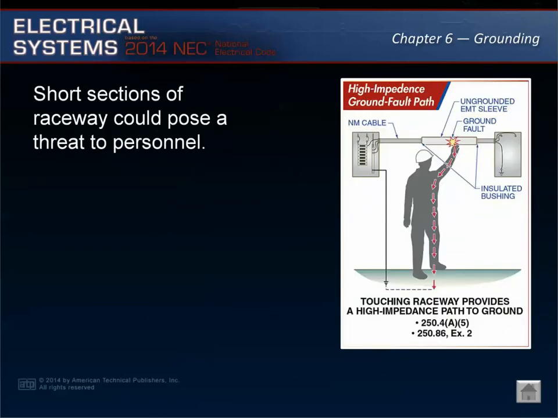Per Article 250.86 Exception 2, short sections of metal enclosures or raceways are permitted to be installed without being grounded. This gives relief from grounding of those installations in which the enclosure or raceway is merely used to provide support or mechanical protection. However, the term short section is not defined, and this could lead to confusion in the field and, more importantly, installations that pose a threat to life safety. Always check with the AHJ if there is any question concerning grounding.